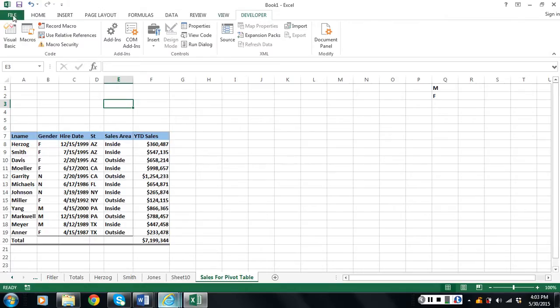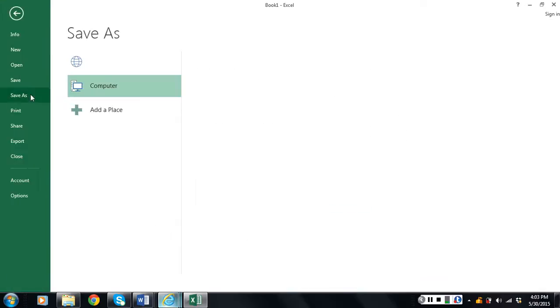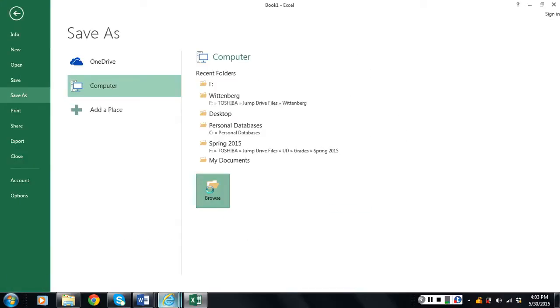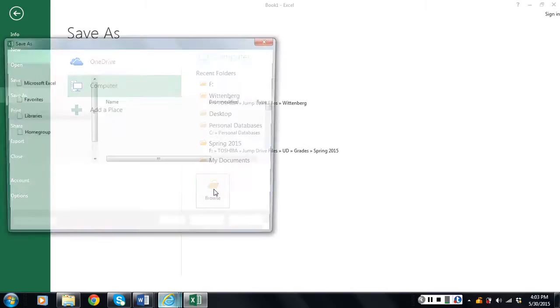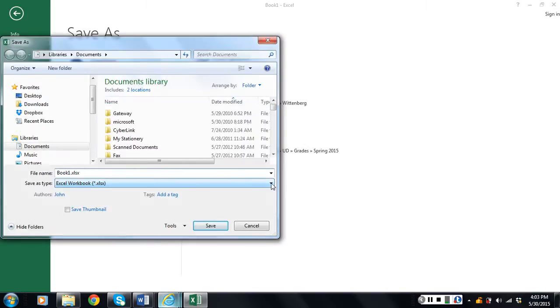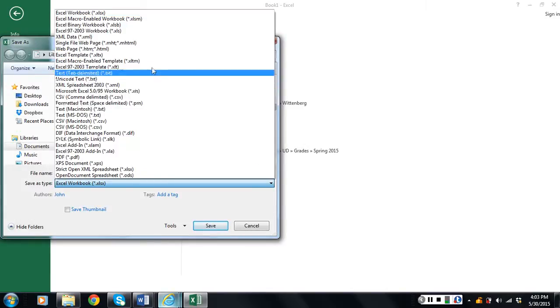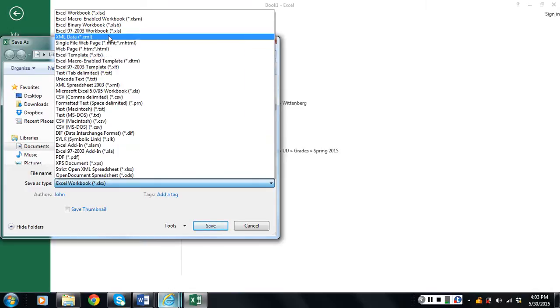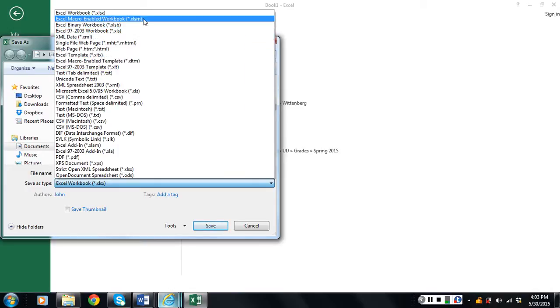In other words, you have to go to File and Save As, and when you browse to find a place to save it, if this thing ever comes up here, so hopefully it will, there we go. You can click in here. You have to save it as an XLM, you see, right here,